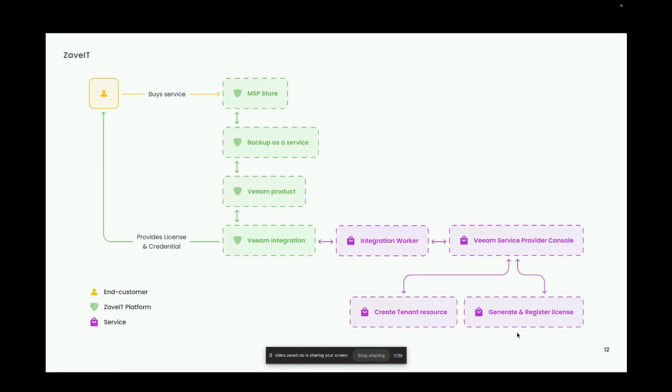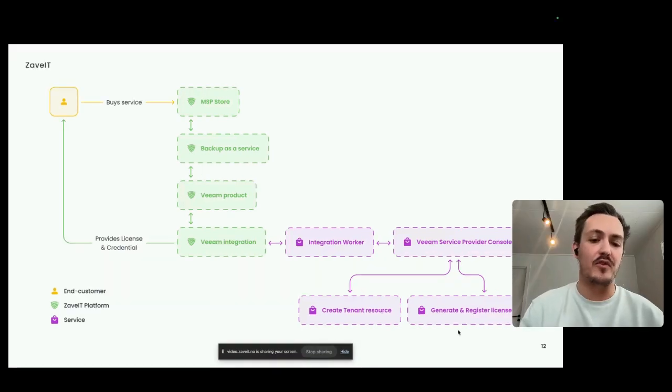This is where the service provider creates the end customers and controls all the licenses and credentials for the customer to connect to the service provider's Cloud Connect. This is automated all the way through, from creating the product to the customer deploying their service, getting their licenses, getting their credentials, and starting to use the service.